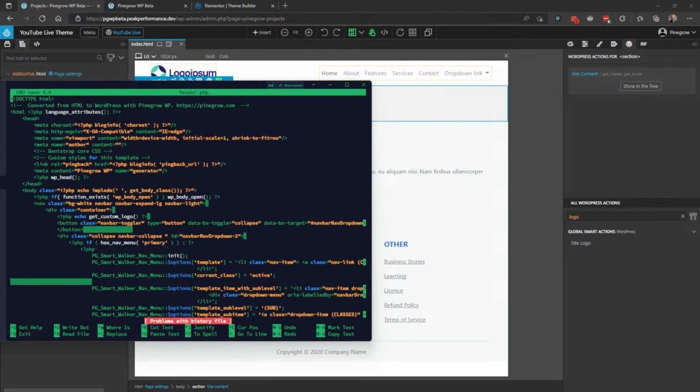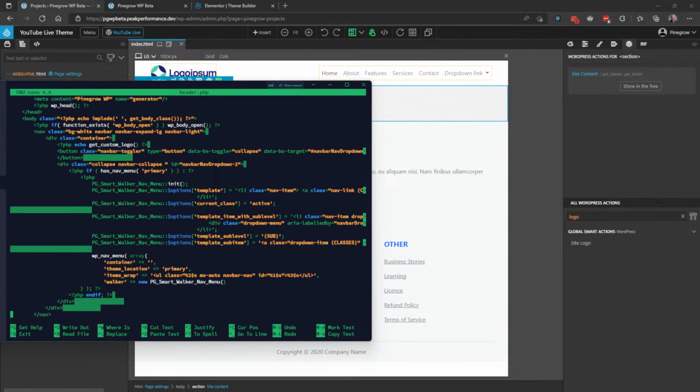Open up the header, and we can see this is the PHP file for the header. So it's got Bootstrap related stuff in there. This PG Smart Walker nav. This is all the stuff that we need to parse the navigation items that are in my customizer and apply them to the template that we created here inside of Pinegrow that defines the style, the look, and the feel